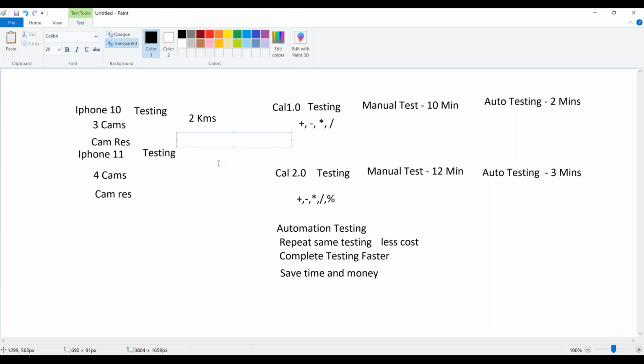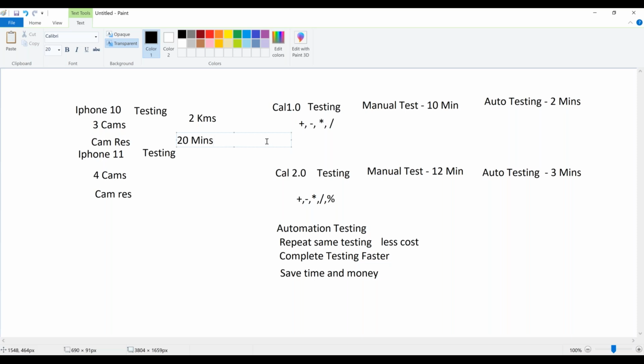I'm not talking miles, I'm talking kilometers. I can walk 2 kilometers maybe in 15 minutes, 20 minutes. Okay, let's consider 20 minutes. Every kilometer you are walking for 10 minutes.